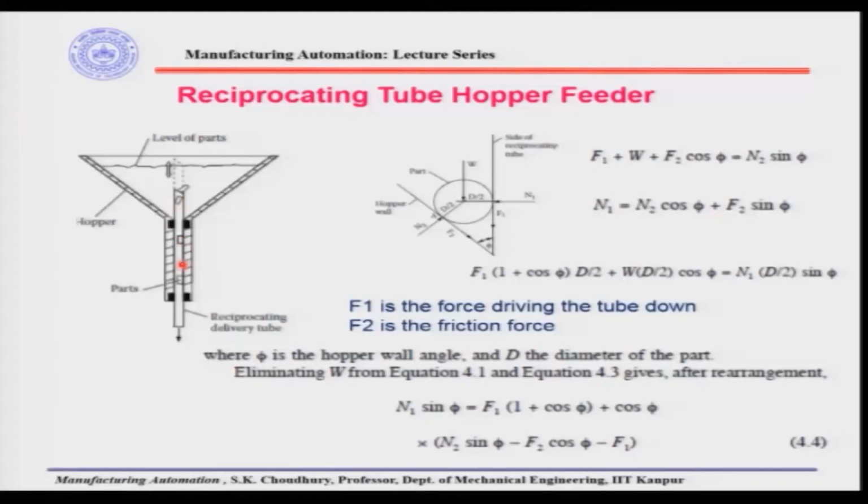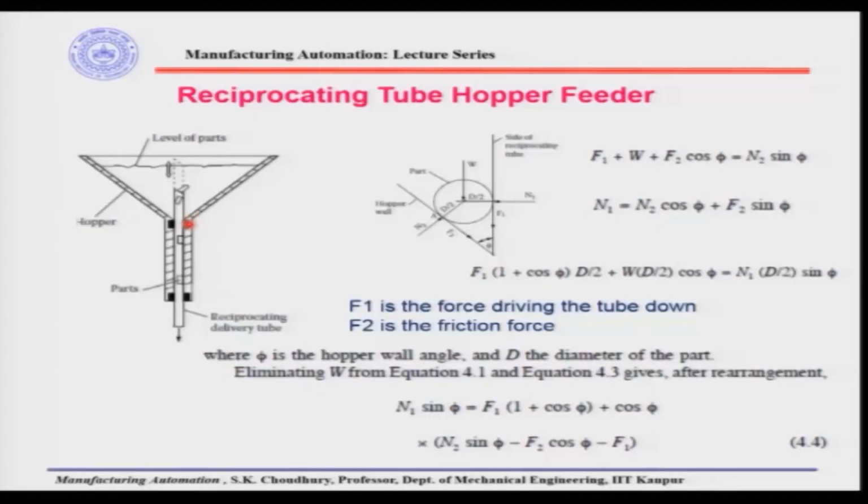There the principle is that by the vibration we are actually moving the parts. Here it is even more simple, this reciprocating tube is actually taking the parts one by one. This can be used for cylindrical parts, for round shape parts, okay. And accordingly the inside silhouette or the inside shape of the hollow tube should be made according to the